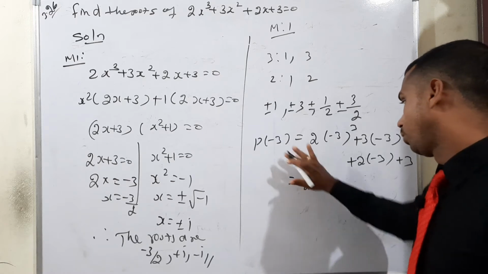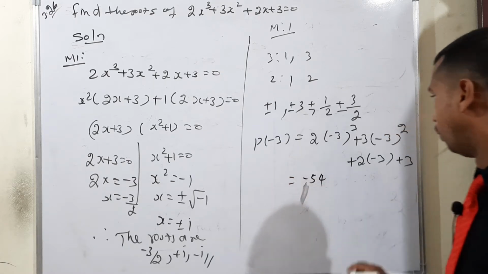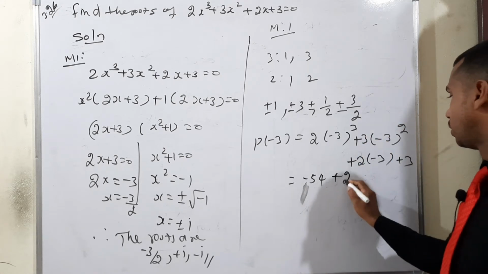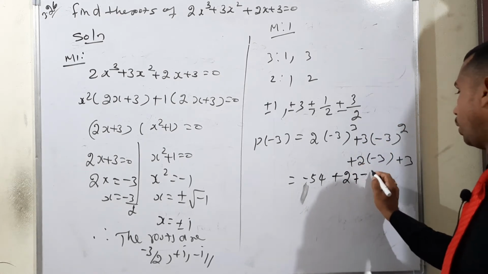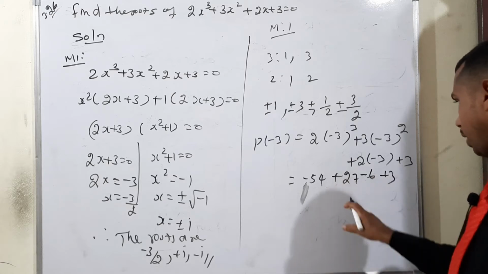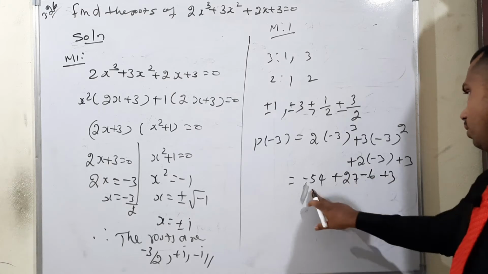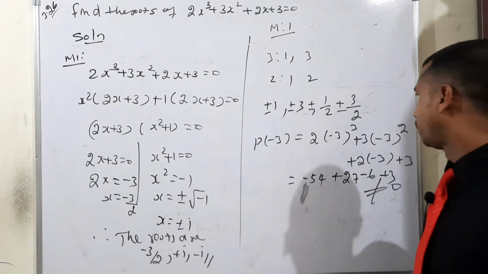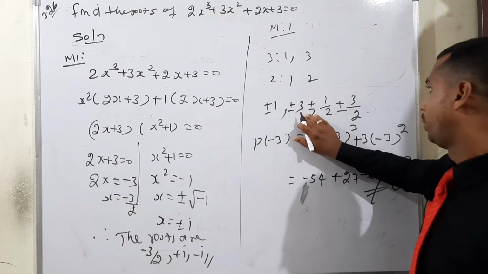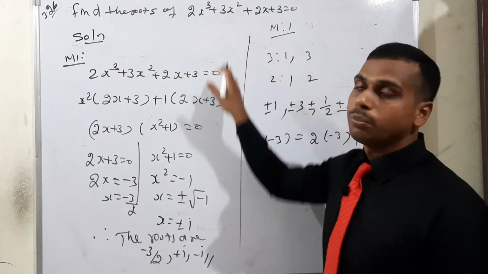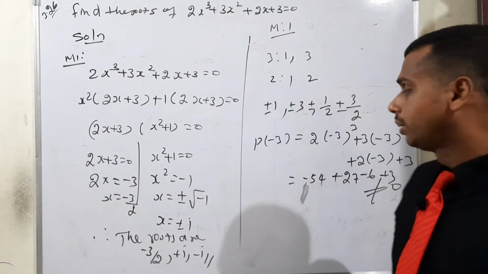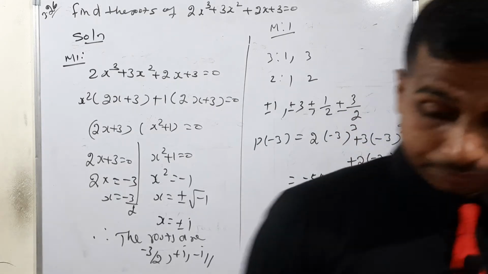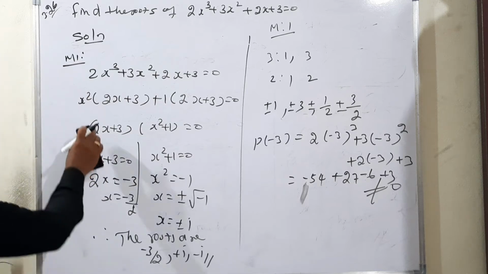Minus 3 the whole cube gives a negative sign because the power is an odd number. So 2 into negative 27 we can write as negative 54. Next, negative 3 the whole square is positive 9, and 9 into 3 is 27. Next, 2 into 3 is negative 6, plus 3 is there. So 27 plus 3 is 30, and the total negative, it's not equal to 0, isn't it? So negative 3 is also not possible. The positive case is not possible. Why am I saying this? Each and every value has a positive sign; there is nothing negative, that's why. So the last case we can check, P of negative 3 by 2. Okay, negative 3 by 2.